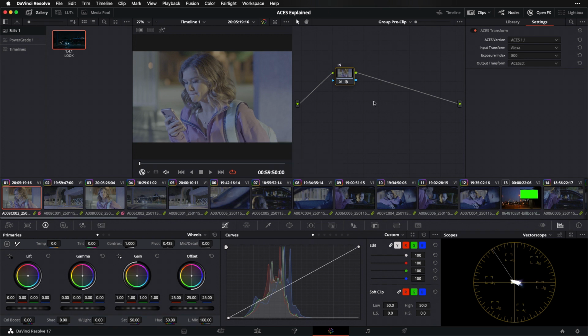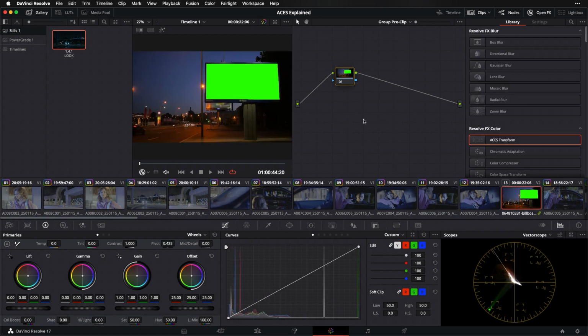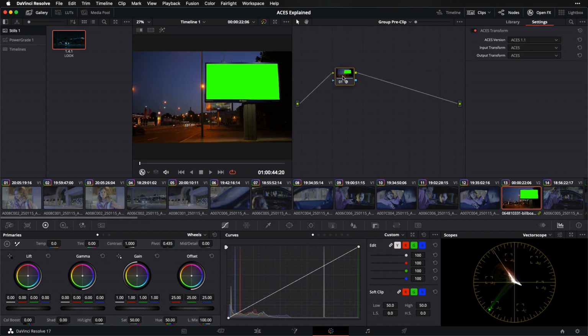So now I have my input mapping set up for all of my Arri Alexa shots in this timeline, which as we know is all the shots except for one. So all I need to do to finish setting up the input mapping of everything is go here to shot number 13 and set up a different input mapping, because remember, this is Rec 709. So you'll notice that my group pre-clip section is empty again because I'm in a different group. So anything I do here at the group pre-clip level is specific to the group that I am in. And that's a good thing because we want to do something different here. So I'm going to take another ACES transform, drop it onto this empty node.